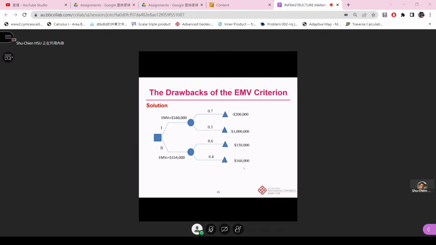So which one is better? According to the EMV, of course EMV1 is better, right? Because it has a higher value. However,